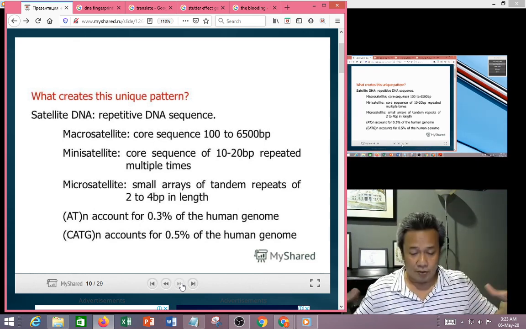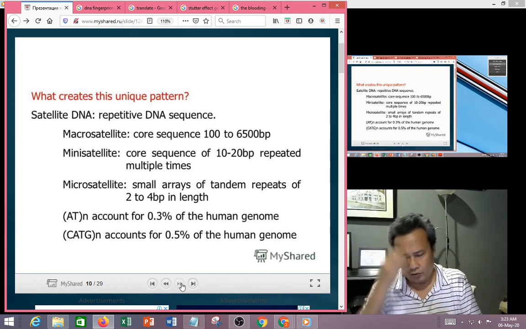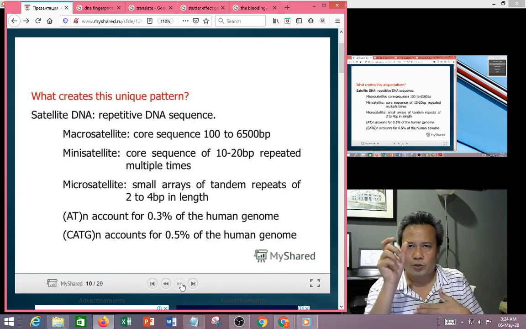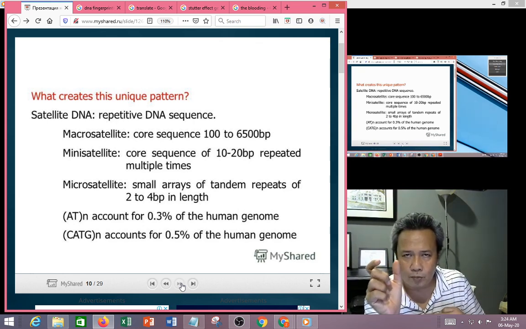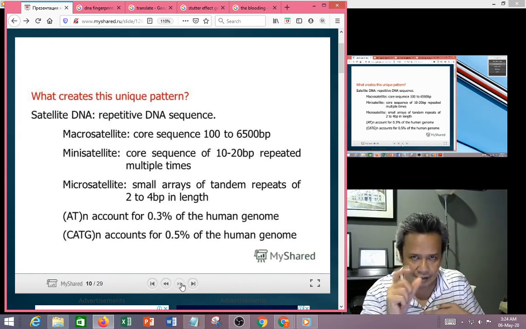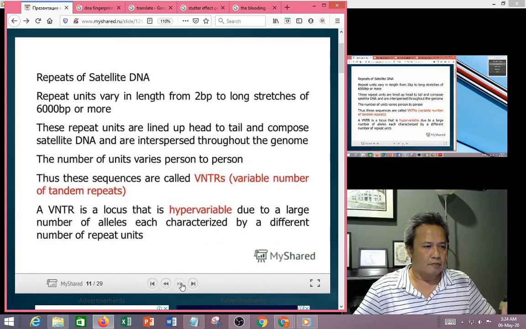That means, if you have your DNA and you make a restriction digest and run it on the gel, and you use the minisatellite as a probe, you are bound to get many bands, correct? Again, that is a fact, digest that fact. Okay, so